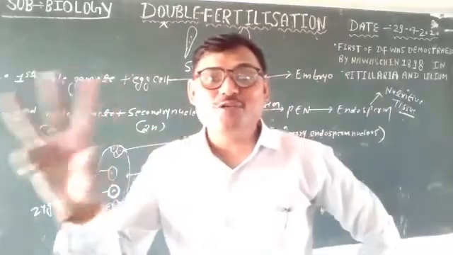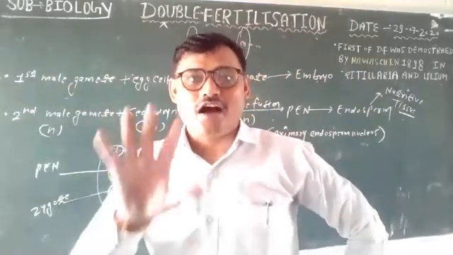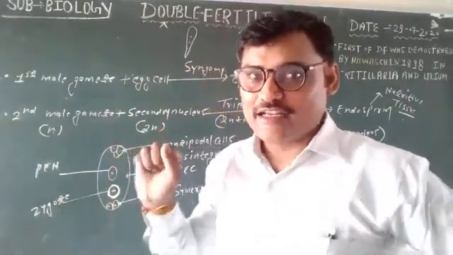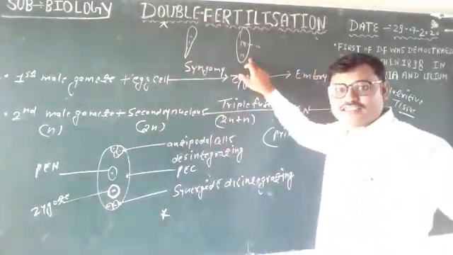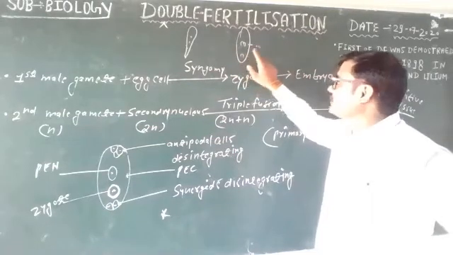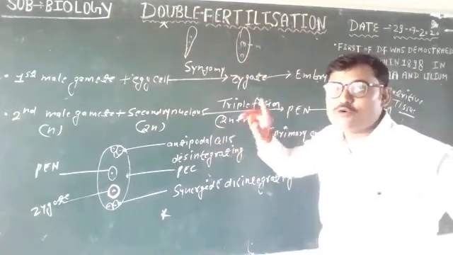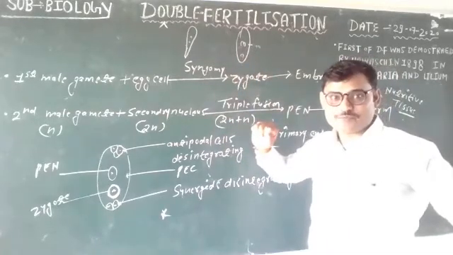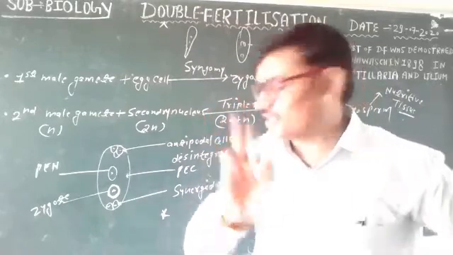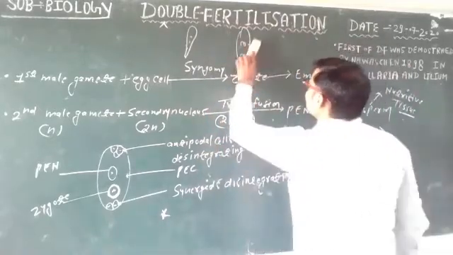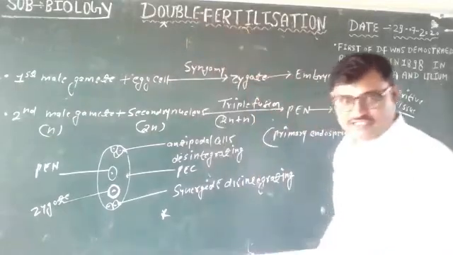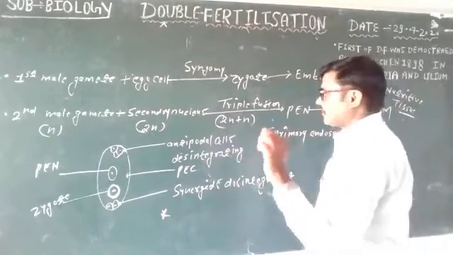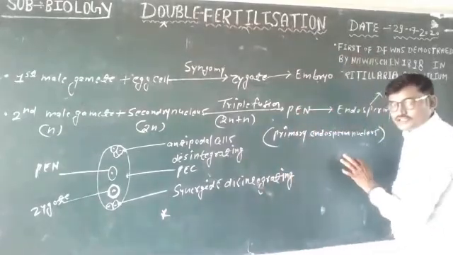One more question. How many gametes are involved in double fertilization? You see the structure I have made. With the help of the structure, you can explain it. 3 gametes are involved in double fertilization. How? You see, 3 gametes are involved in double fertilization. These are very important questions. Ritik Singh says 3. Okay, very good, Ritik. But how? Okay, it is visual.